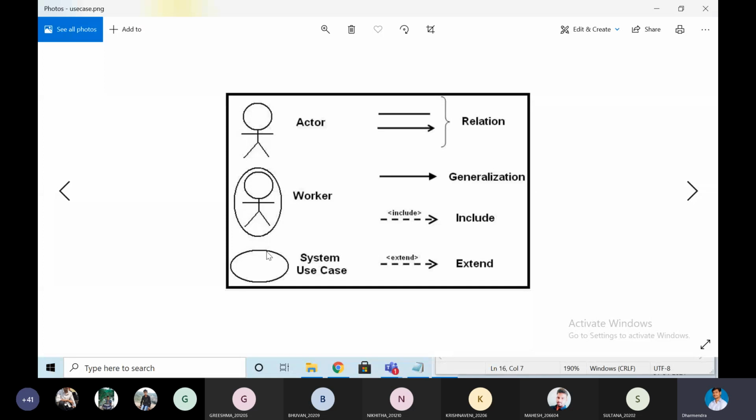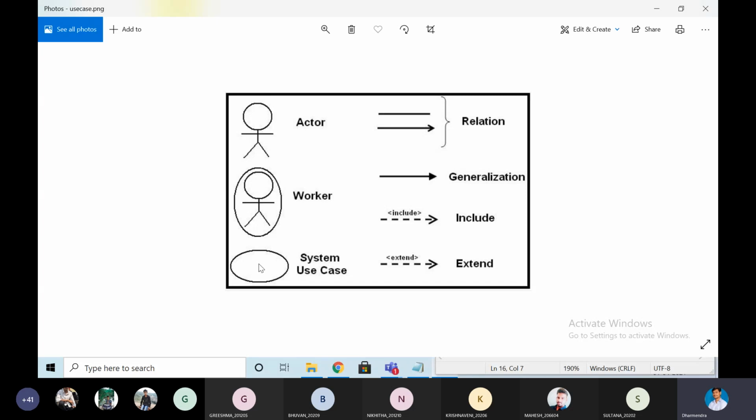What is a use case? Use case is nothing but a service. Observe here, mostly the use case will be represented with the ellipse. This is the use case. Here we will write the service inside, to represent the service.